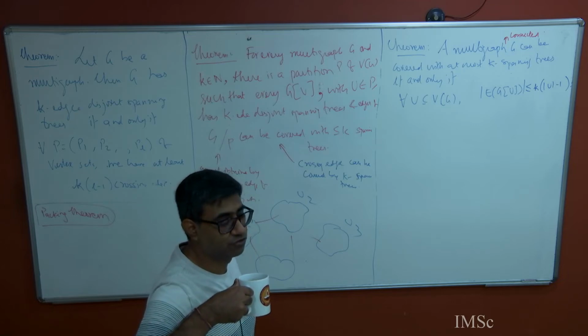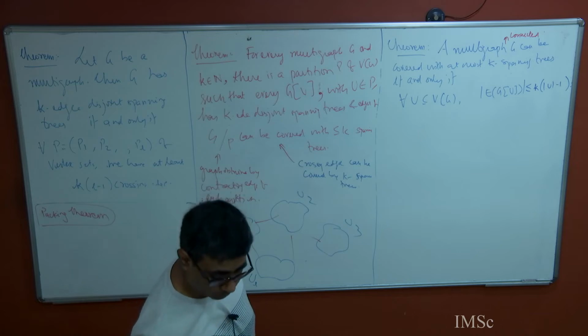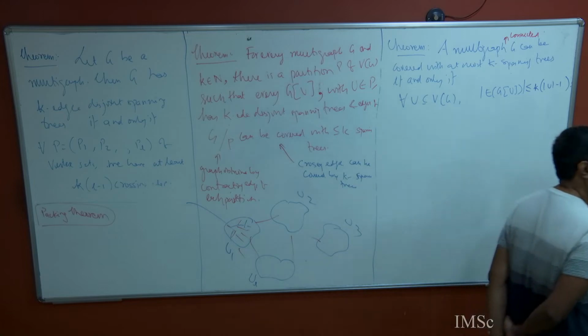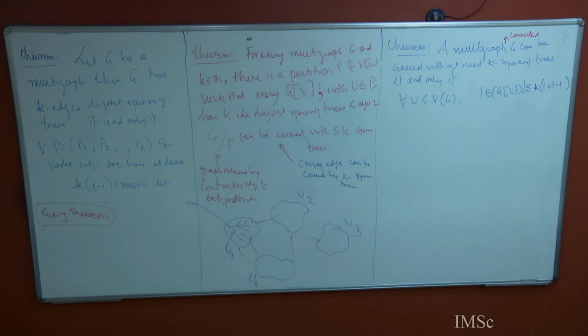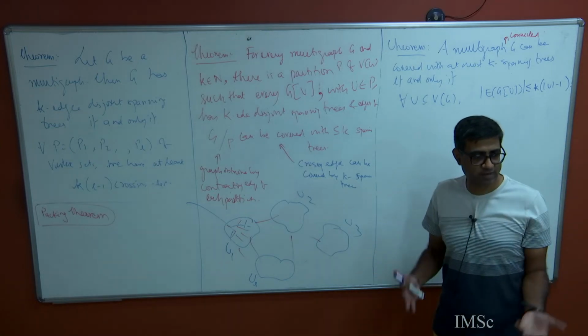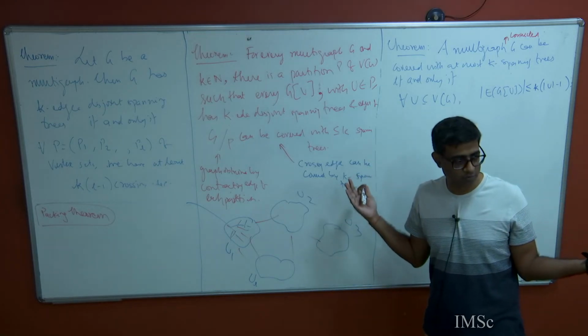Suppose graph has k edge disjoint spanning trees. What will this partition look like? What could be one potential partition? Huh? That's itself, right? Because it never says that this L has to be greater than or equal to 2 or something. All it says is that I can partition into some L pieces. L could be any number, 1 or something more.